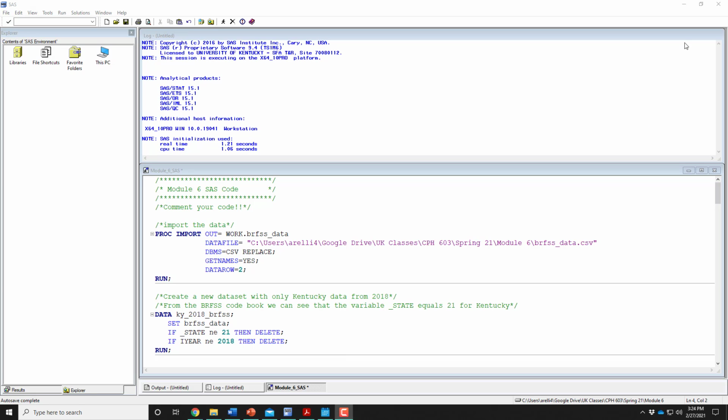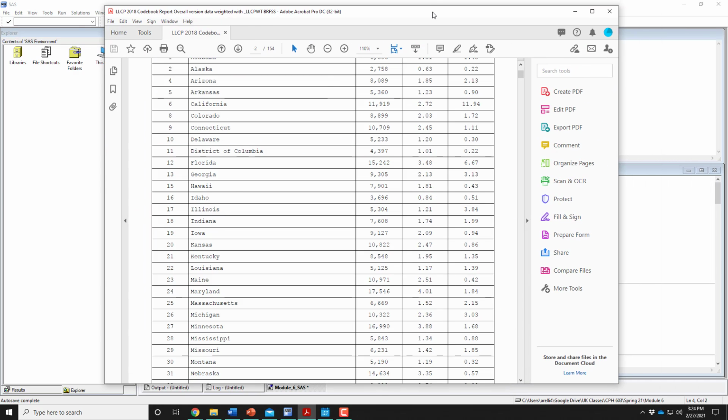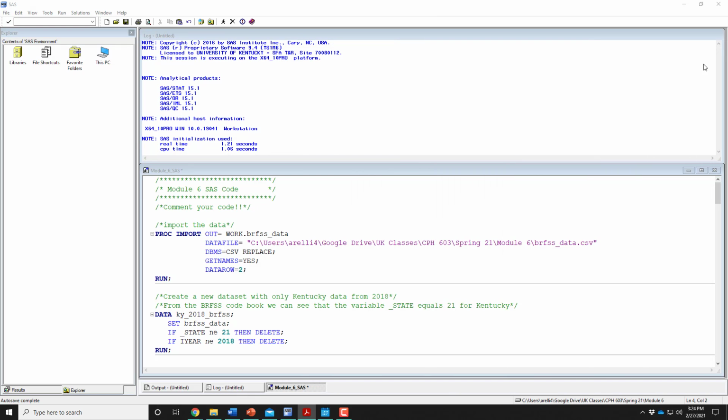The first one is going to be the Module 6 SAS code. The second one is going to be the BRFSS dataset. And then the third one is going to be the codebook. You saw the codebook back in Module 4, but just as a reminder, this is what the codebook looks like. All right, so the very first thing we're going to do is read the dataset